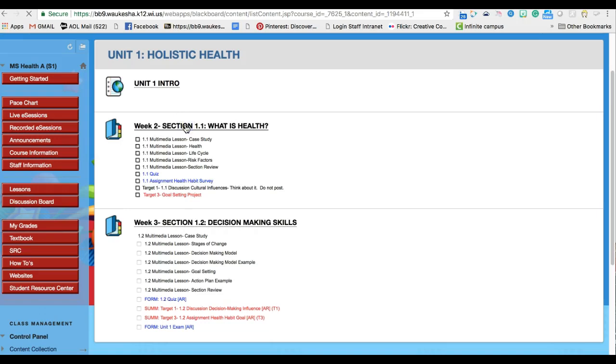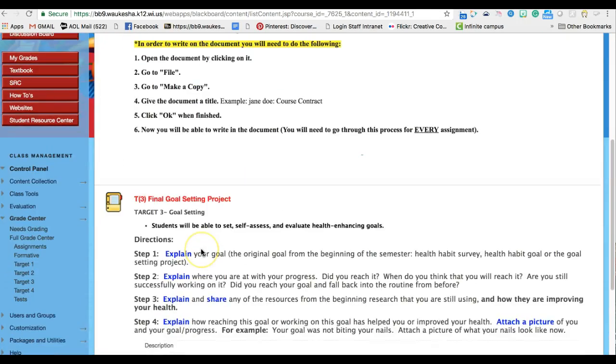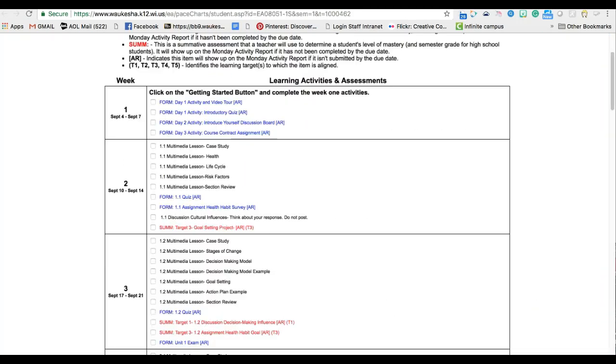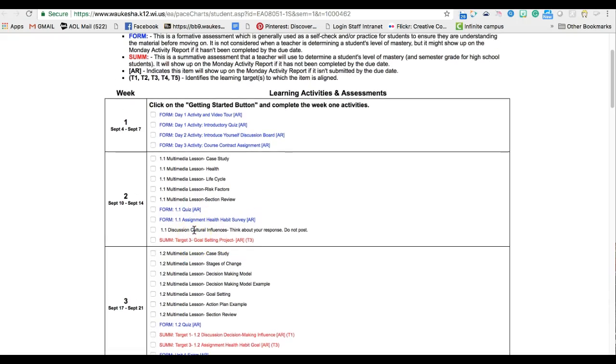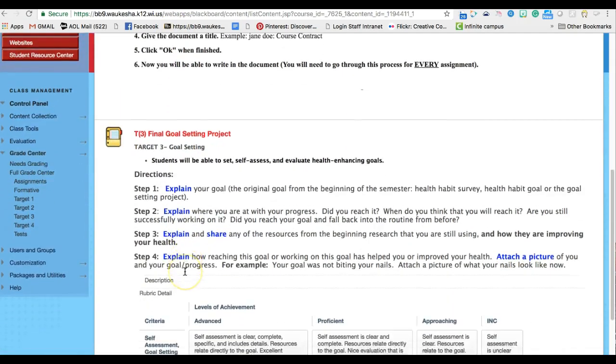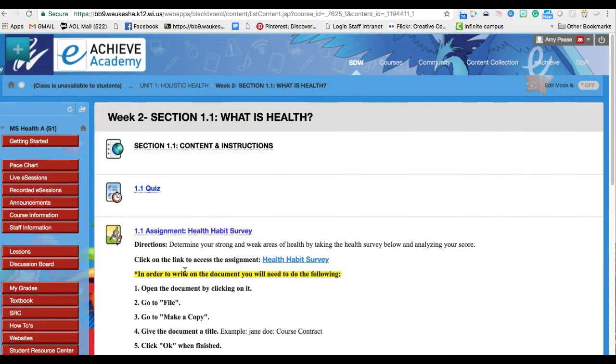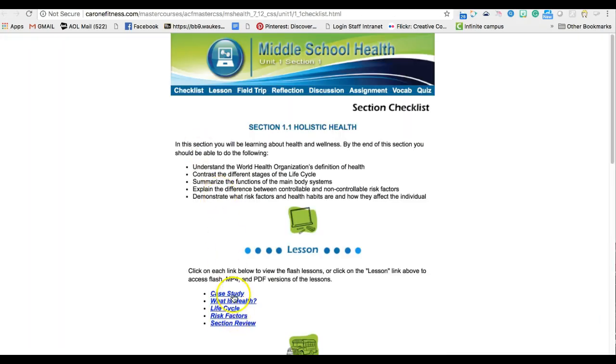You click on that folder and you will find everything that is on the PACE chart for week 2. You have 2 formatives, a think about it, and a summative. Okay, so here's your summative and your 2 formatives, and then your readings would be in your content and instruction,